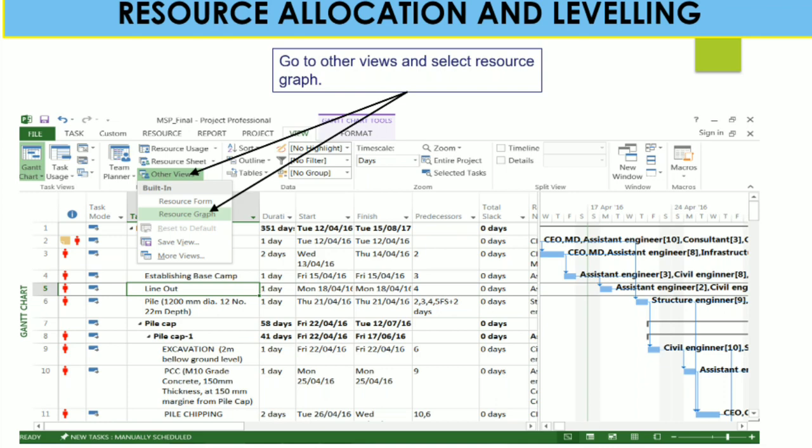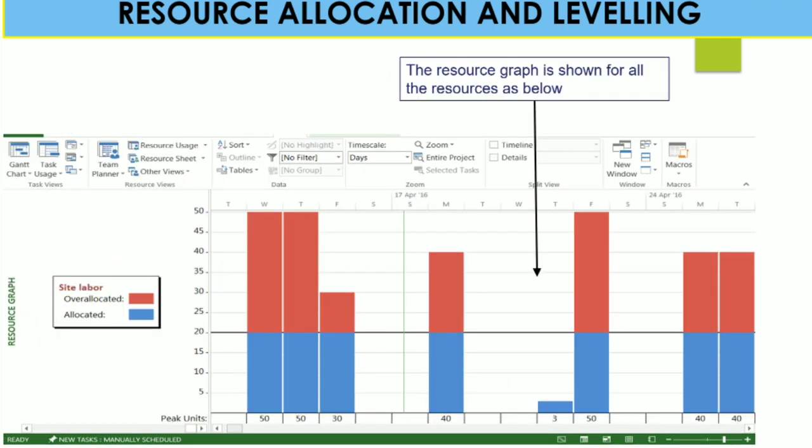For that, you can go to the other view, select resource graph and select different techniques after realizing the theoretical knowledge. You can select resource graph so that this kind of resource graph is shown for all the resources as below.